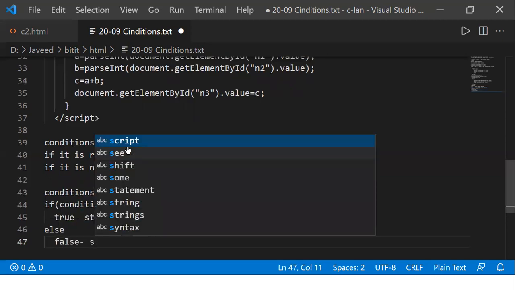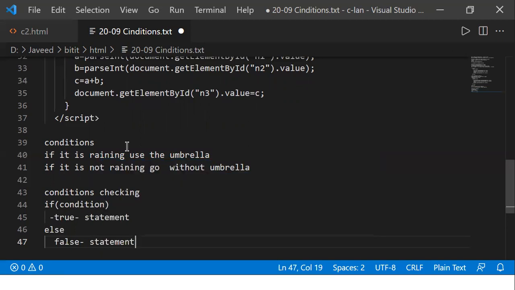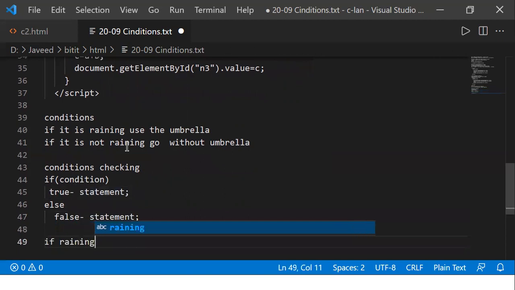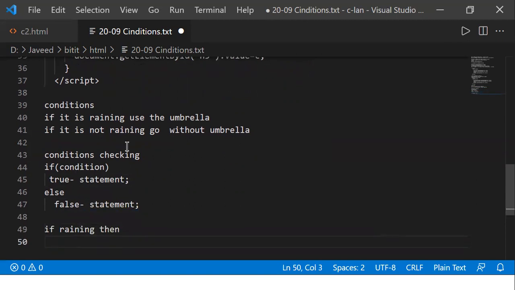Understood what I'm telling? I'll write the true statement or I'll write the false statement. So what is this true statement? For example, I'll write like this: if raining, then take umbrella, or carry the umbrella, whatever you call it.